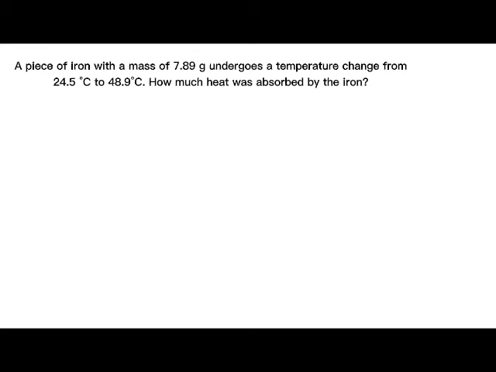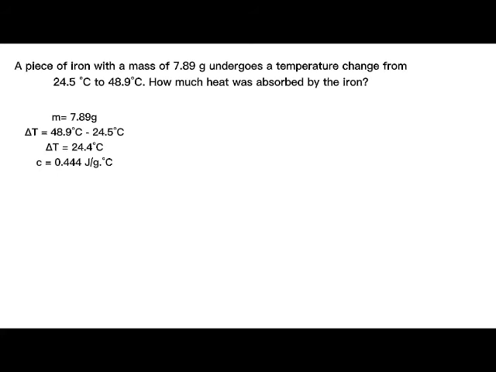Moving on to the sample problem for calorimetry. A piece of iron with a mass of 7.89 grams undergoes a temperature change from 24.5 degrees Celsius to 48.9 degrees Celsius. How much heat was absorbed by the iron? So first we list down the given items, which is mass is equal to 7.89 grams, and then we solve for the change in temperature through subtracting the final temperature to its initial temperature, which we get is 24.4 degrees Celsius as the change in